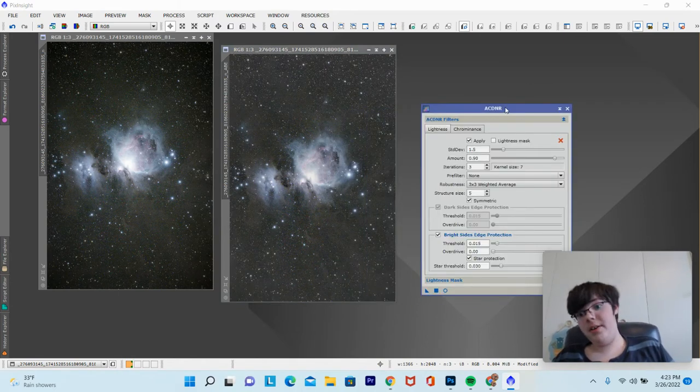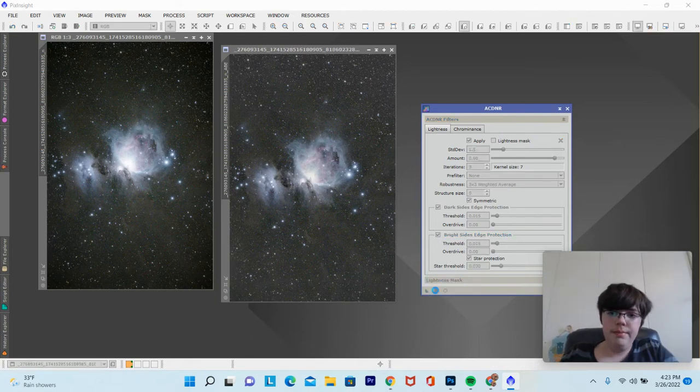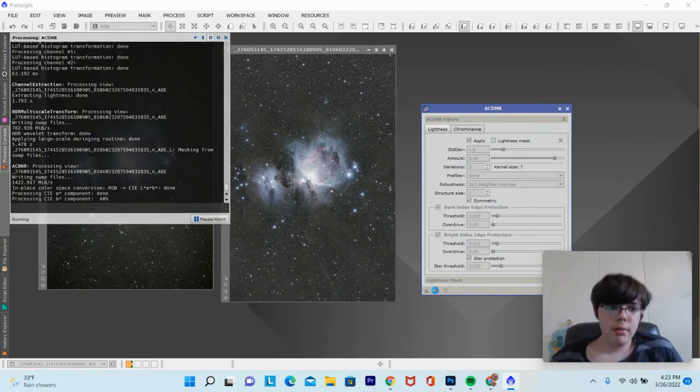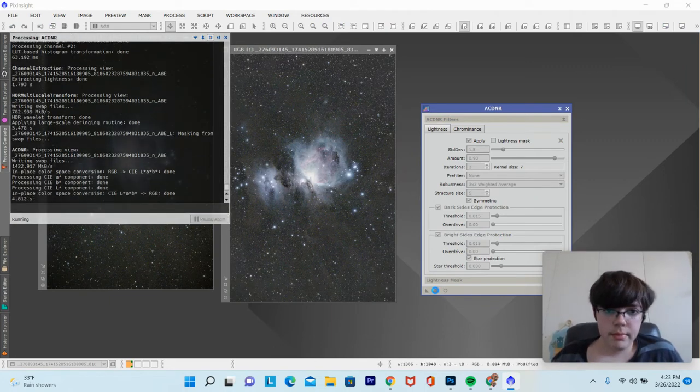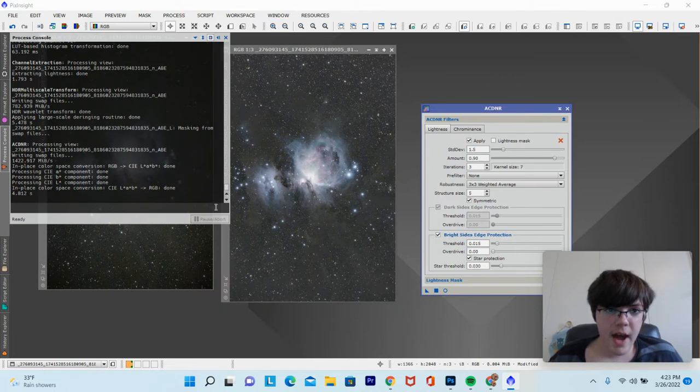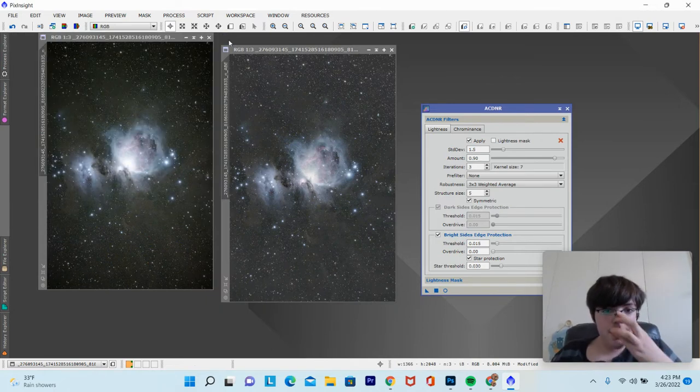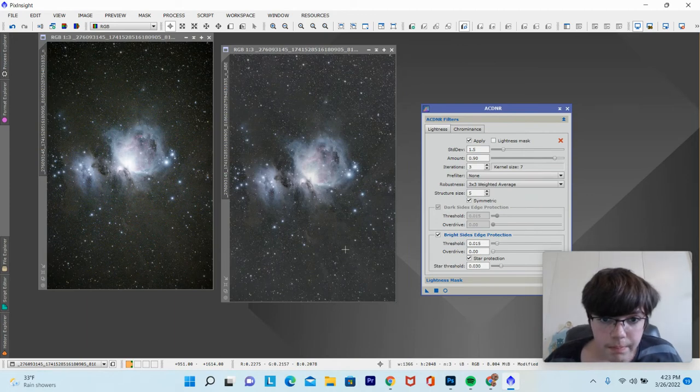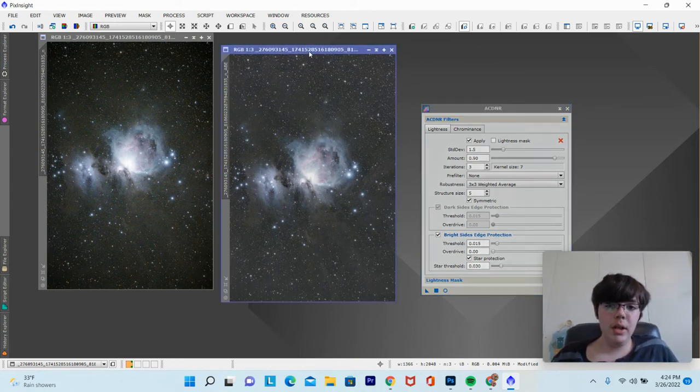Or my file system was not organized at all. Okay, so I think all the defaults are fine, so I'm going to click square. I think I'm good. Just apply that. And oh yeah, look at that. As you can see, it just denoised it. Look at all that detail that comes out of it. Oh yeah, that looks really good. So I'm just going to leave it there for